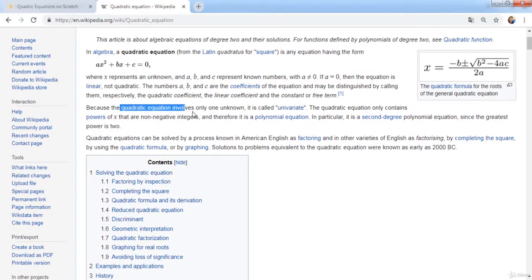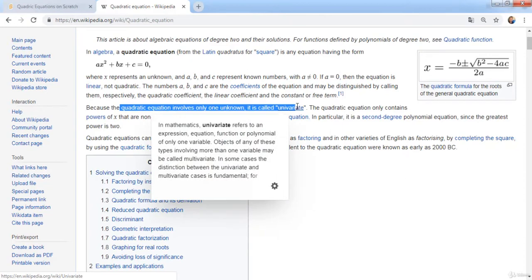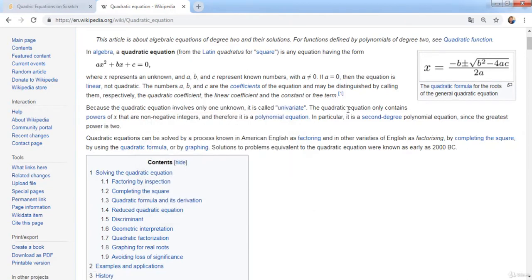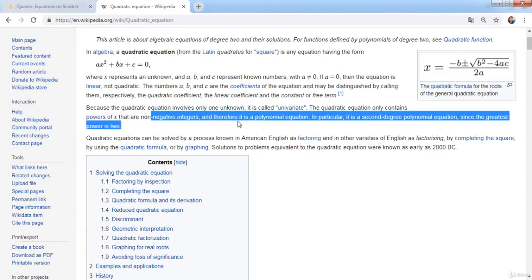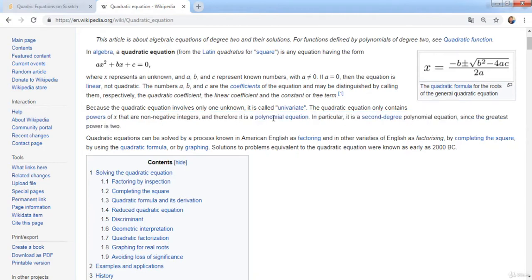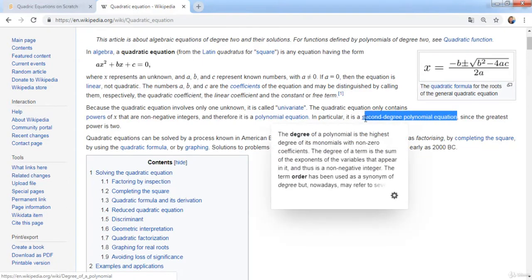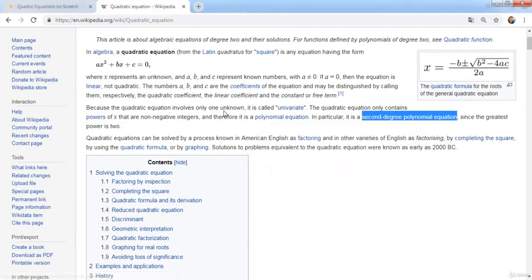because the quadratic equation involves only one unknown, it is called univariate. The quadratic equation only contains powers of x that are non-negative integers, and therefore it is a polynomial equation. So in particular it is a second degree polynomial equation, since the greatest power is 2. So